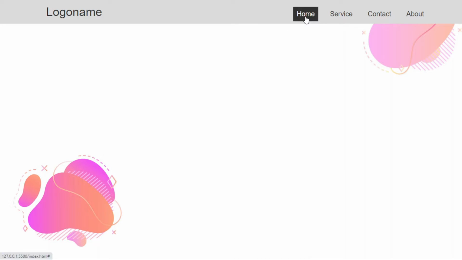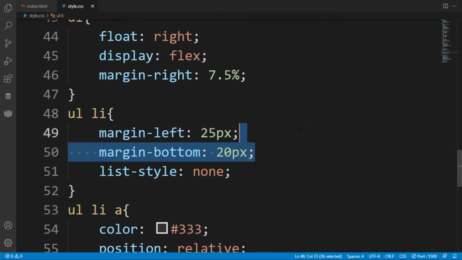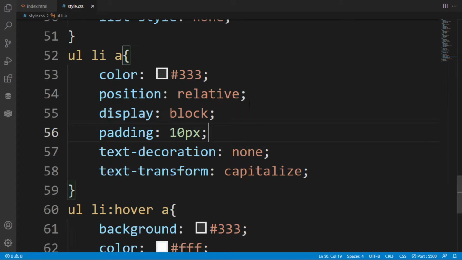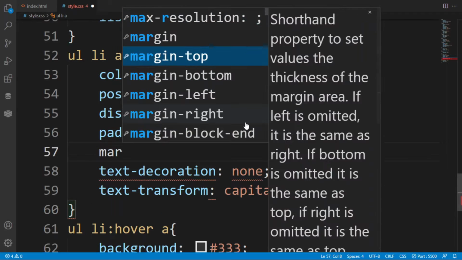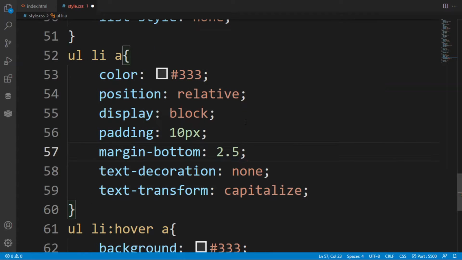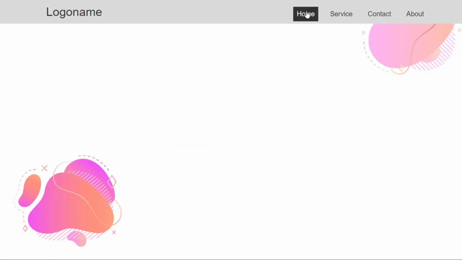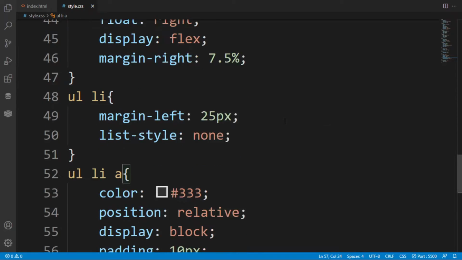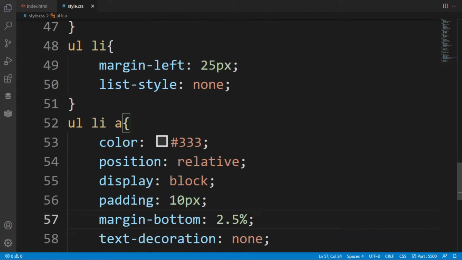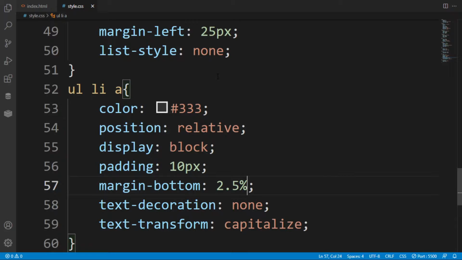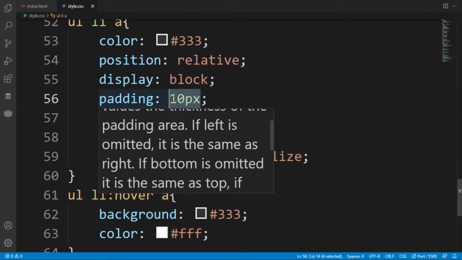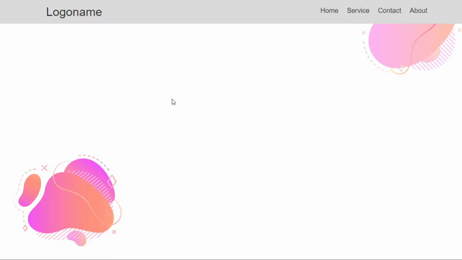So putting the margin bottom from the list item also doesn't work after saving, and then just cut it. Here in this, I think there will be the mistake of the border box, or let's say put the margin from bottom is 2.5. Here it is also still not working because we want our list item to be somewhat upward. So margin bottom is also not working, because we have created the box sizing parent.